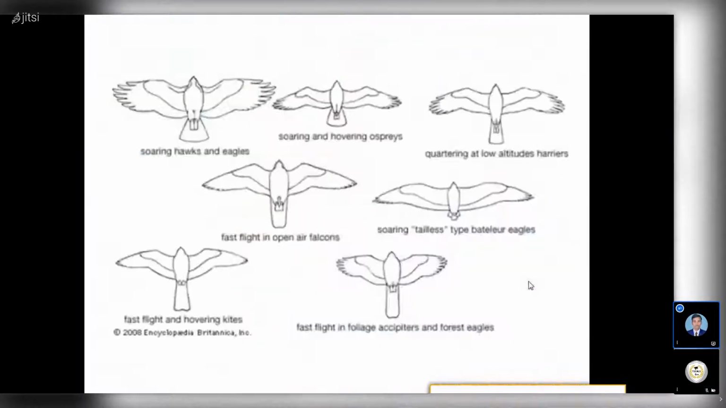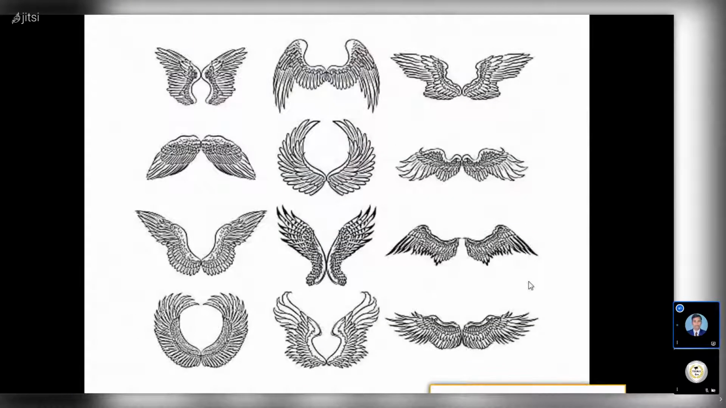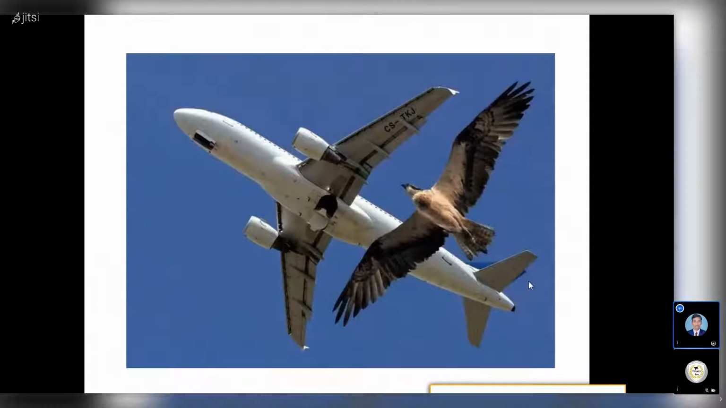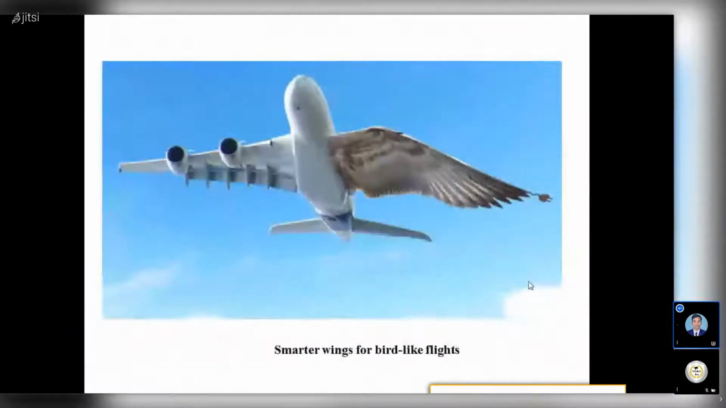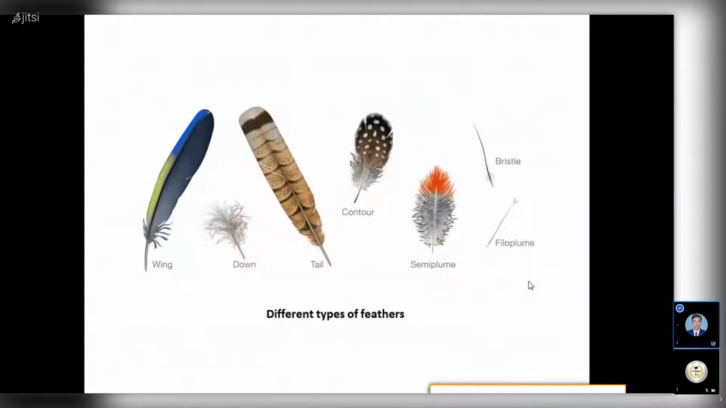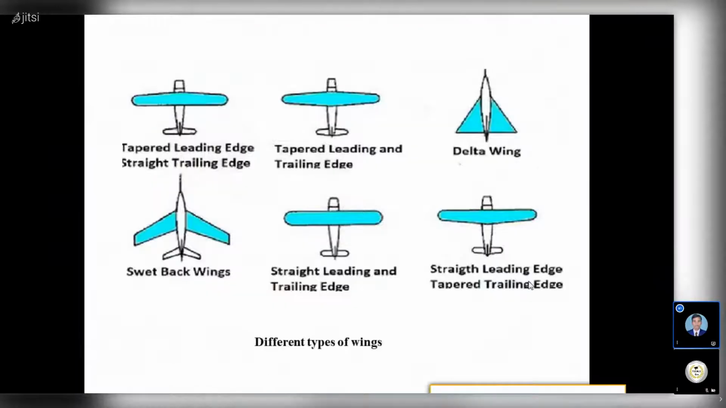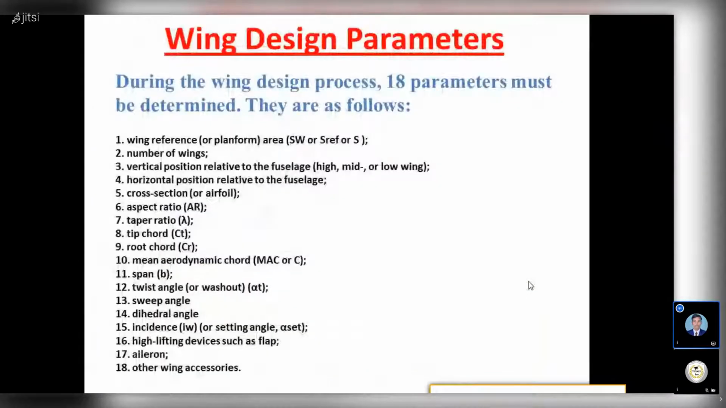And we have different wing cross sections. Similarly, we have different wings for our aircraft. Based on the bird's wing and that flying principle, we have designed the aircraft wing. So this is what I have discussed in class 10, and also I have discussed the wing design